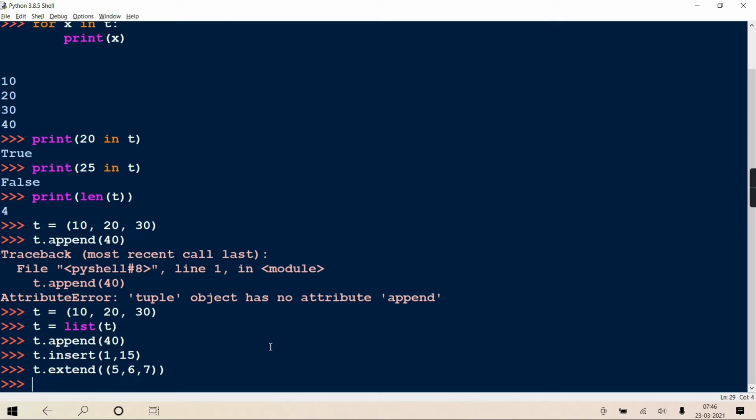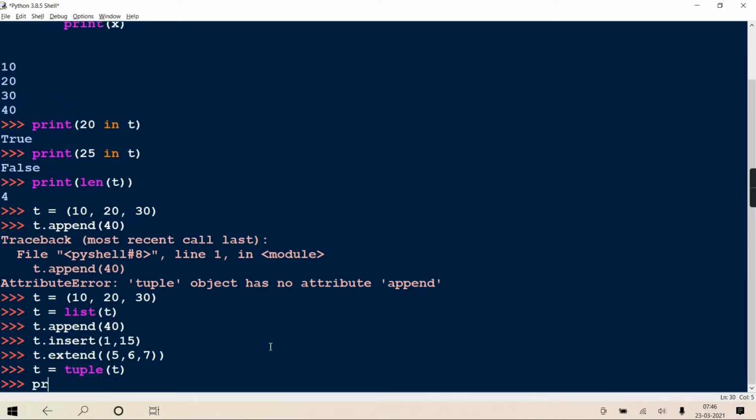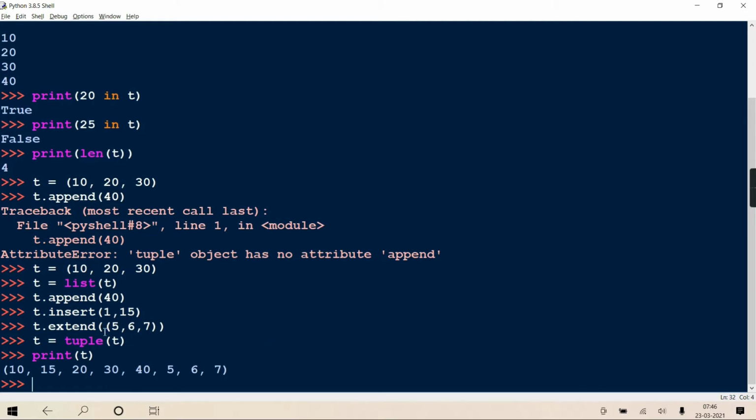Now you can convert that list back to a tuple, t. And now if you check your t, in that 40 is first appended, then at the 1st place 15 got inserted, then all the elements of the other list got extended in t. So 5, 6, 7 got added at the end.